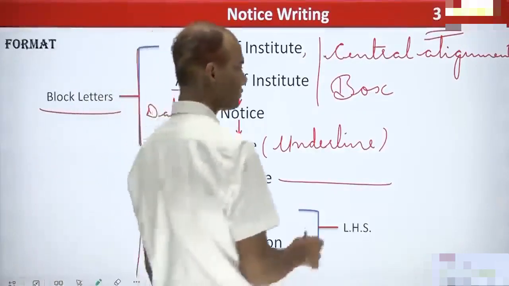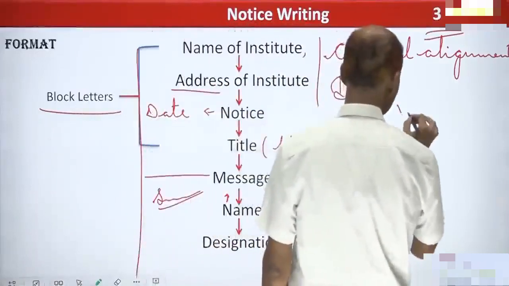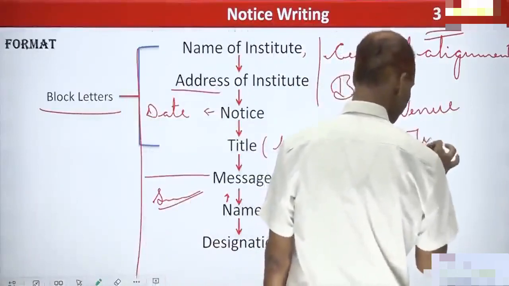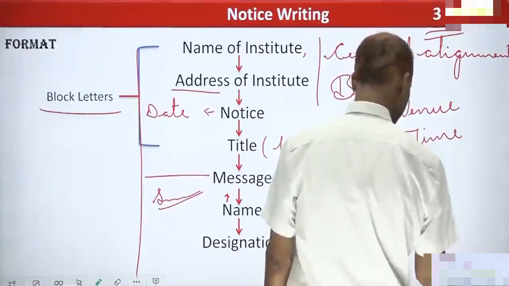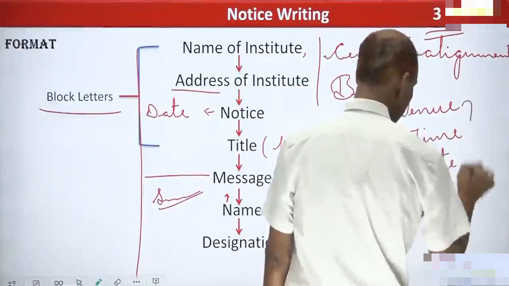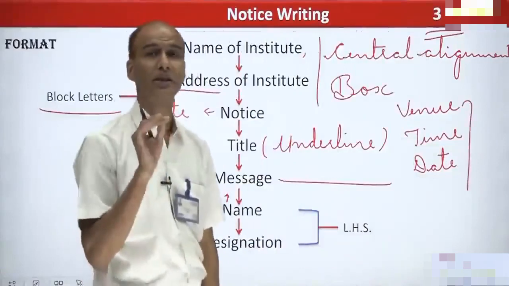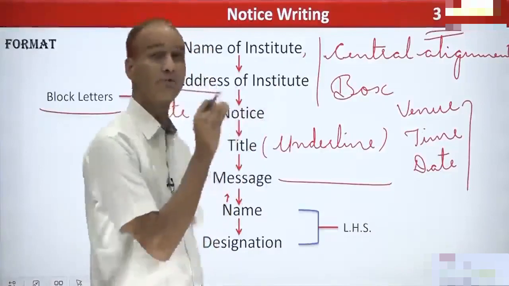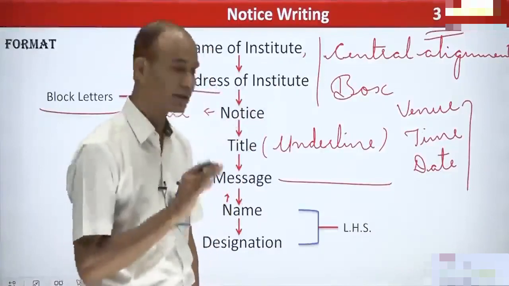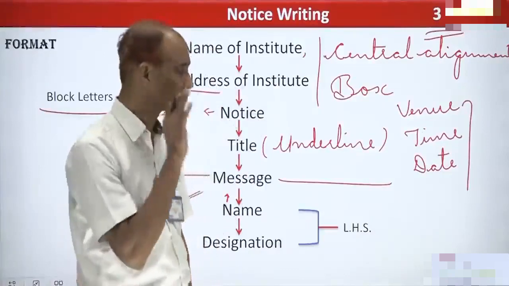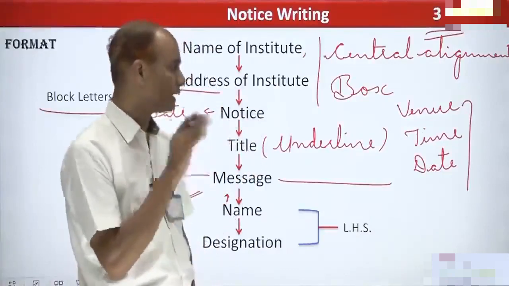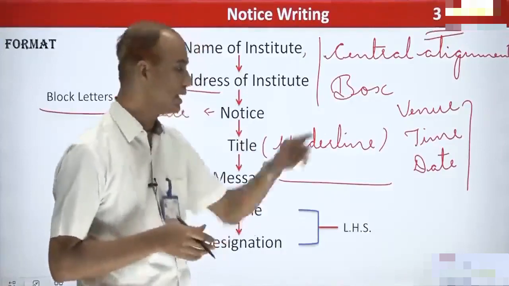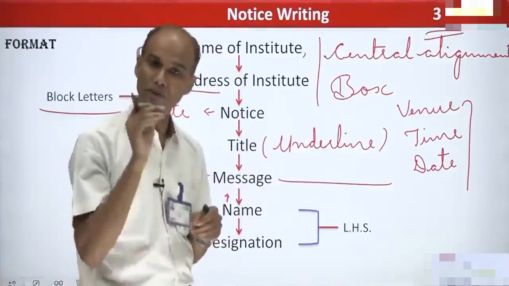So you must remember what three things must be there in your notice. What? 1, venue, 2, time, and 3, date. These three things must be there in your notice. These are quite important. If you don't write any of these three things, then your notice is totally useless. If we want our notice to serve a purpose, then these three things must be included, because in general what happens